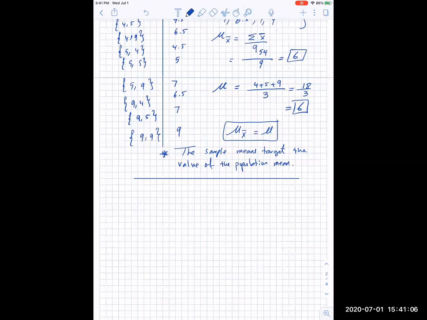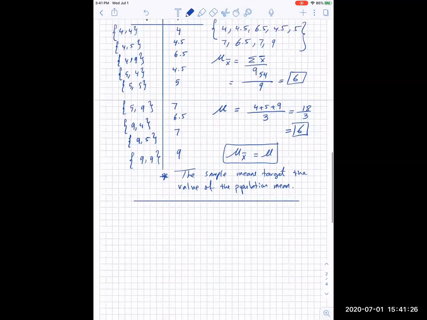Another question. Yes, go ahead, please. For the mu, where did you get the 4, 5, and 9 from? Hold on one second. Let me raise the sound a little bit. Go ahead again, please. For the mu, how did you get the 4, 5, and 9 divided by 3? Oh, yeah. Yes, here,